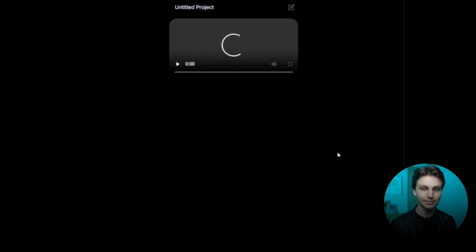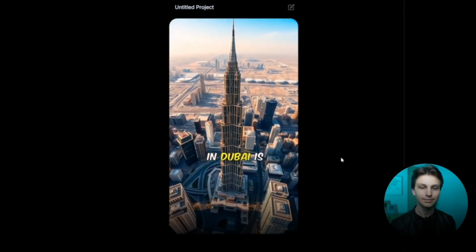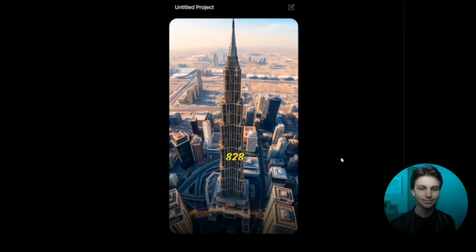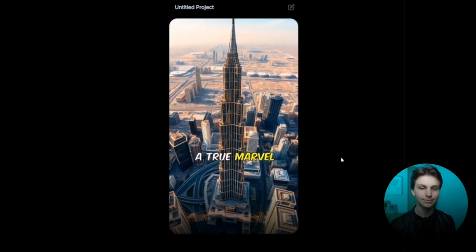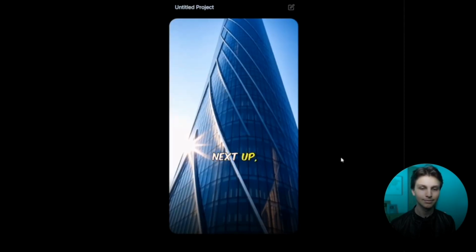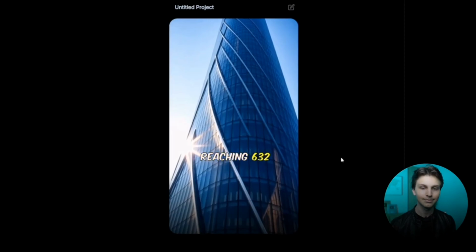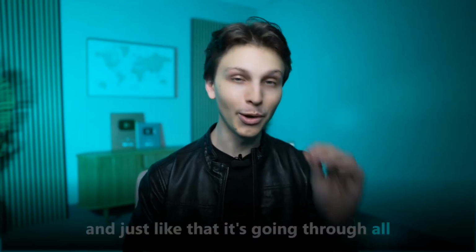Did you know the Burj Khalifa in Dubai is the tallest building in the world? Standing at an incredible 828 meters, it's a true marvel of engineering. Next up, the Shanghai Tower, reaching 600